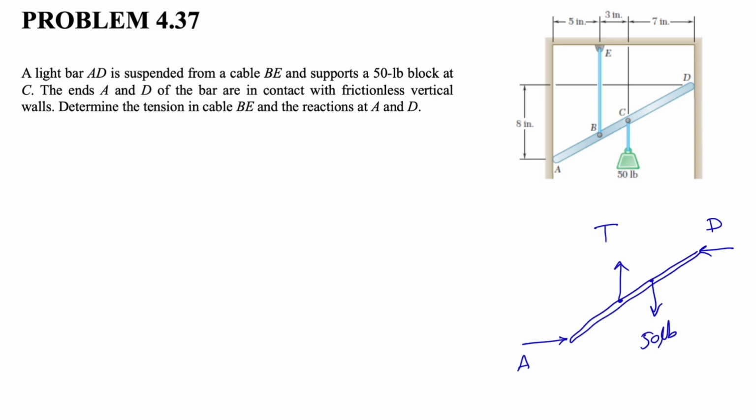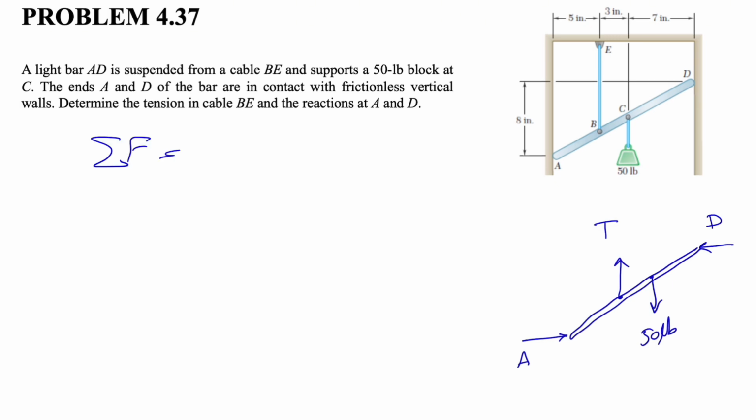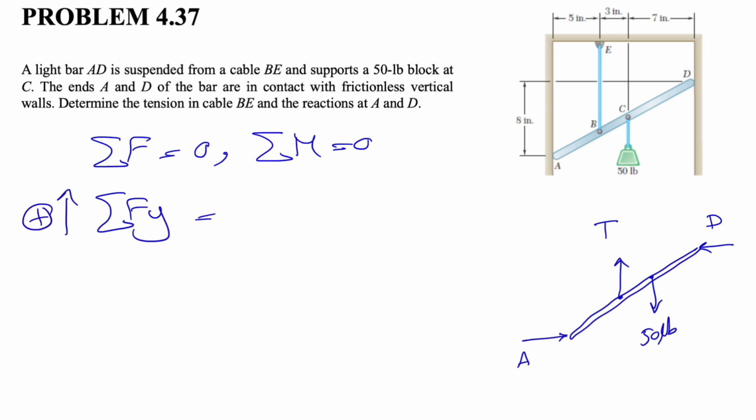So once again, since there is no friction at the wall, we don't need to consider any vertical force at points A and D. So if that's the case, we can start with our equilibrium equations, which are sum of all forces equals 0 and sum of all moments equals 0. Looking at the free body diagram, we only have two forces in y direction, and there's only one unknown in that direction, which means we can find the tension in the cable. So this will be the positive direction for our y, and that would give us T minus 50 pounds equals 0,